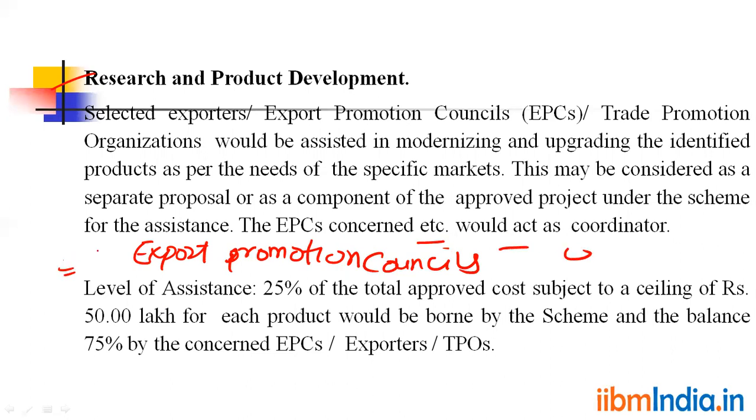Level of assistance: 25% of the total approved cost, subject to a ceiling of rupees 50 lakh for each product, would be borne by the scheme, and the balance 75% by the concerned EPC and exporters or TPO, trade promotion organizations. In terms of the research and development products,